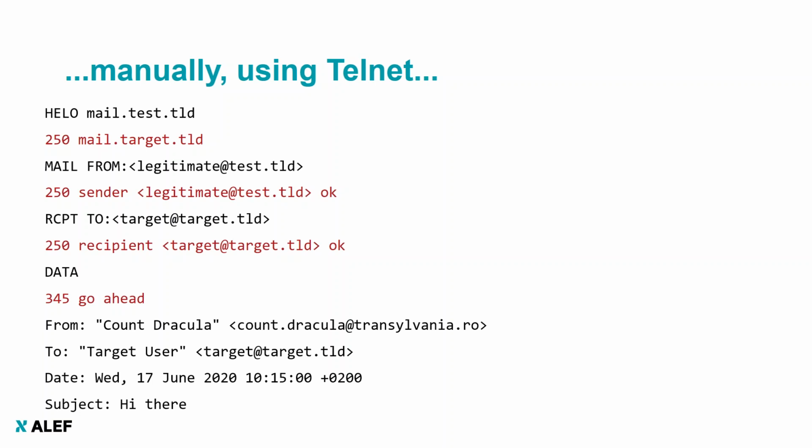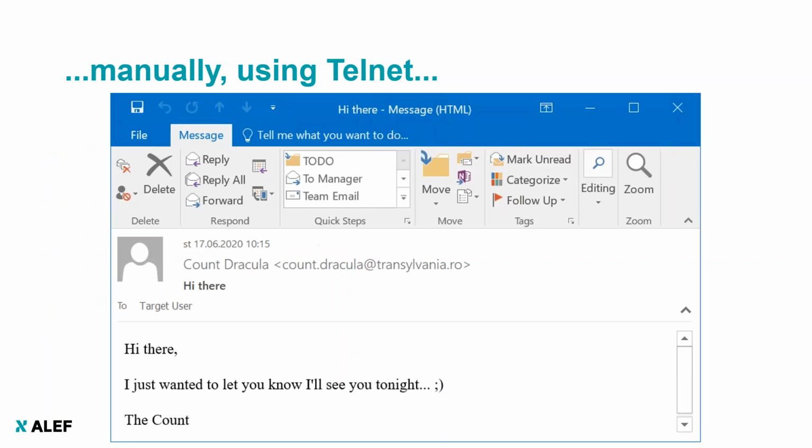In this case, we may send an email as Count Dracula. And unless the IP address from which we were sending it was on a blacklist, or unless Transylvania.ro in this case has an SPF record, it should go right through. Or in this case, even through an SPF record. So spoofing an email is nothing that hard. But we probably don't want to do it through Telnet. We will either